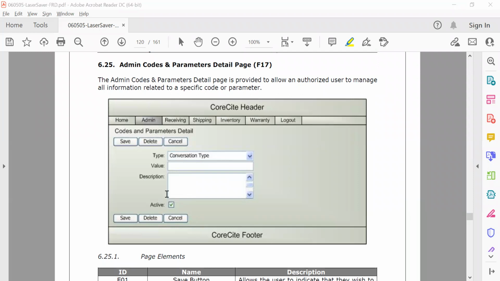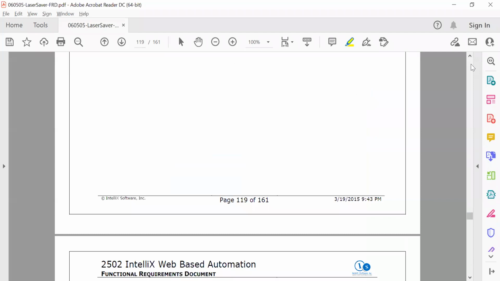So anywhere this address type is displayed throughout the system, you will now have this new value available in the pick list. So we don't need to change the address? No, it's nothing to do with the address. Address has an element called address type. So if I go to the